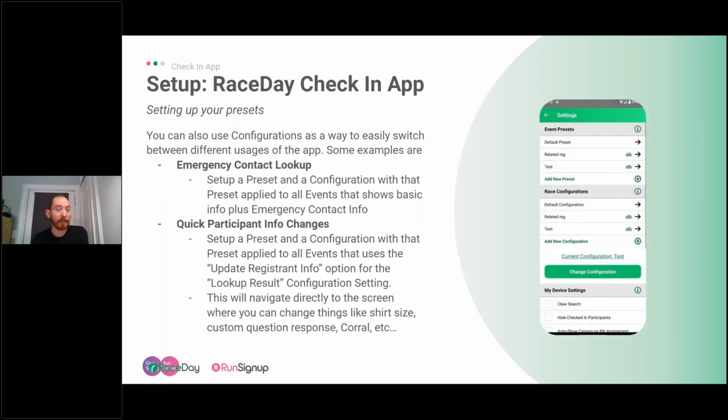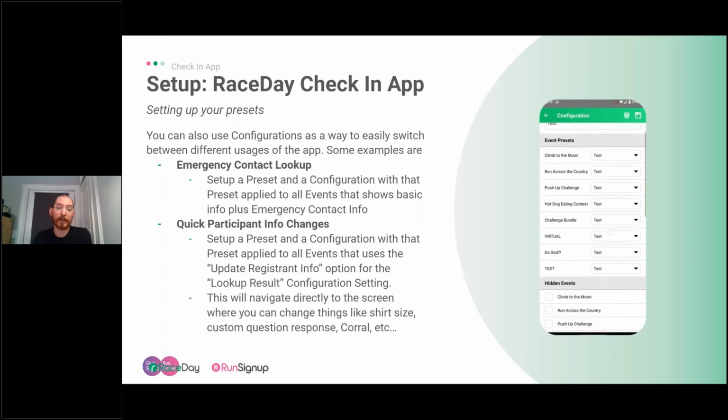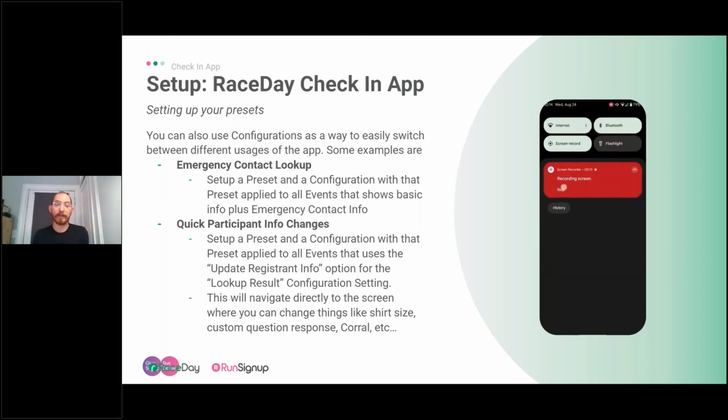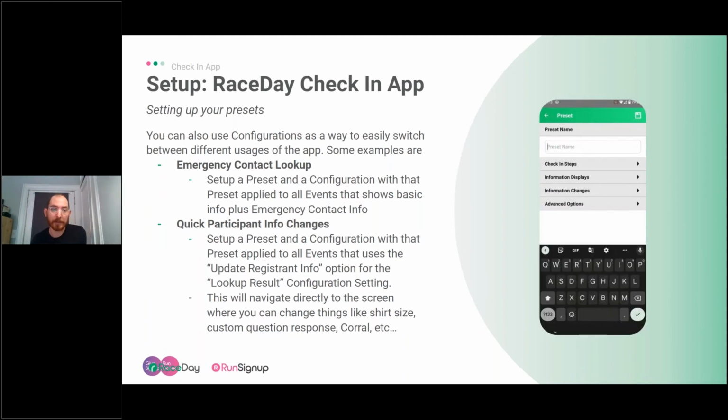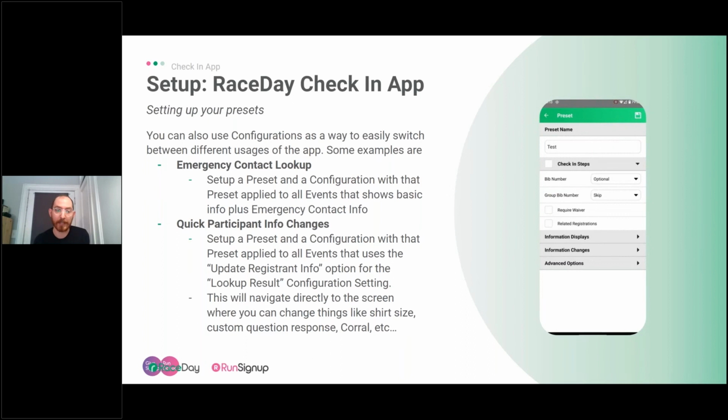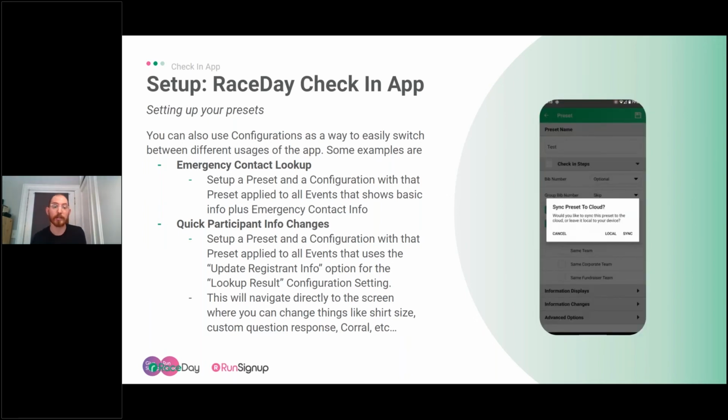Another one, like I mentioned before, is this quick participant info change. So you could set up a preset and configuration with that preset applied to all events. It uses the update registrant info option for the lookup result configuration setting. This will navigate directly to the screen where you can change things like shirt size, custom question response, corral assignment,